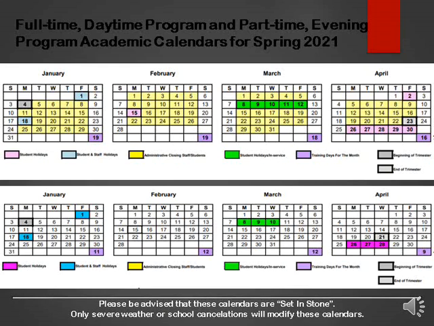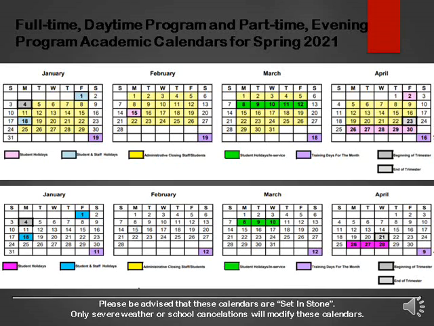Full-time daytime program and part-time evening program academic calendars for the spring 2021 term have been loaded to our website. I took the liberty of snipping some screenshots of the calendars so that you could view them now. If you will look at the calendar, you will see that January 4th designates the beginning of a trimester or term. Please be advised that we use the terms